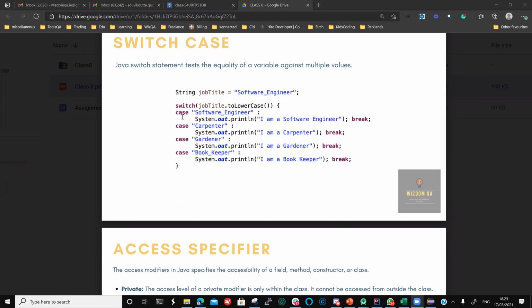When the switch statement is running, does it start with the first case, check it first, then go to the second one until it finds a match? No, it doesn't. I'll just show it to you. For example,